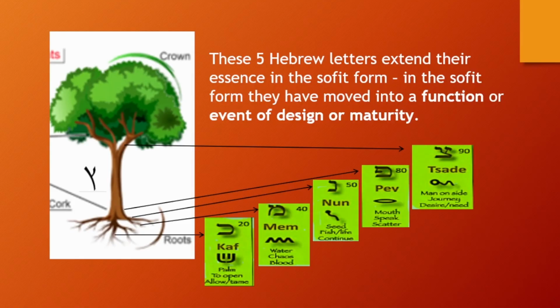So the moment there's movement between what is in the soil and going up the tree, you have a Sufit kaf. So this is like a king sitting on his throne. Then Sufit kaf will say, he's now speaking. He's giving orders. Mem is going to be what is being released up into the tree. So when kaf speaks, it's releasing mem.